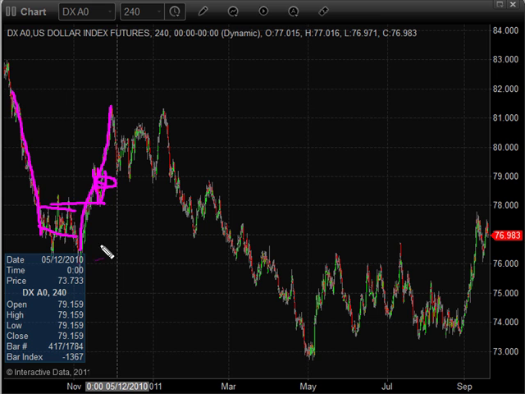Now I pointed this out the other day. When you get a bull flag, it usually marks a halfway mark. So if you look at this thrust up and then you get a pause, you can usually count whatever this measured move is from the bottom to the top. You can usually count it from the bottom of the flag to the top again. It's usually the halfway mark in the move.